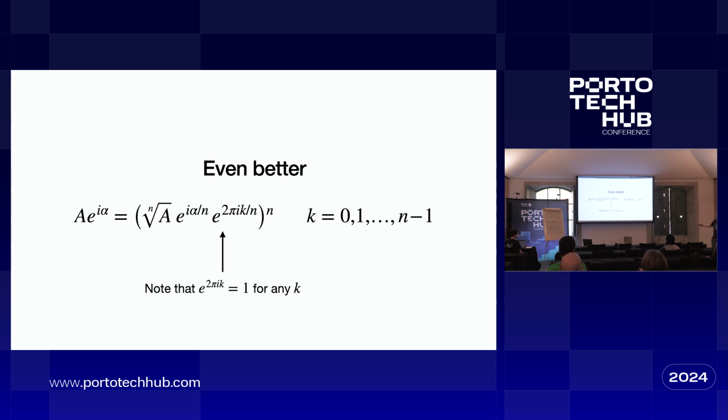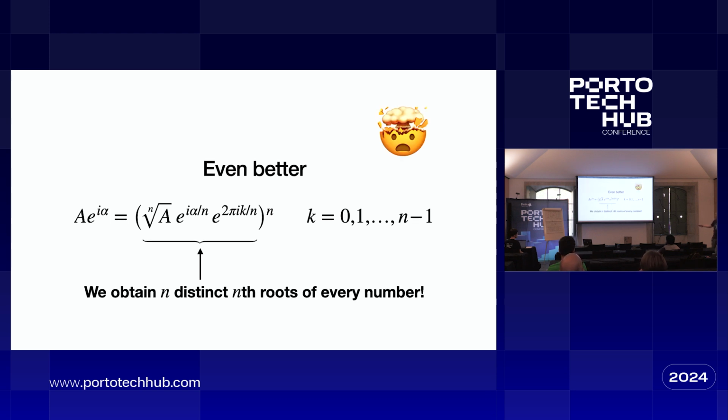What has this got me? This means that we immediately obtain n roots. For any integer n, we can write down n roots of any complex number just by introducing I squared equals minus 1. Suddenly, every number has n nth roots. This is completely surprising to me. I don't know. Do you guys think that's normal? That by introducing one number that squares to minus 1, I would be able to find n nth roots of any number.